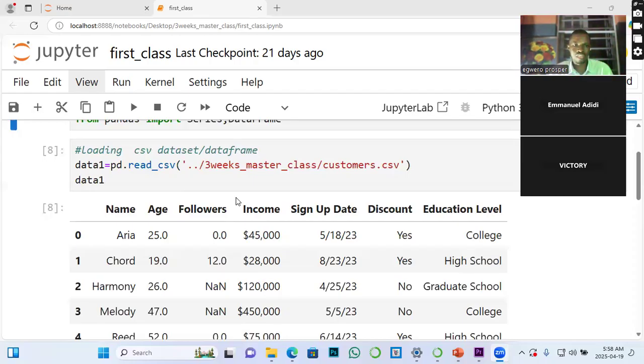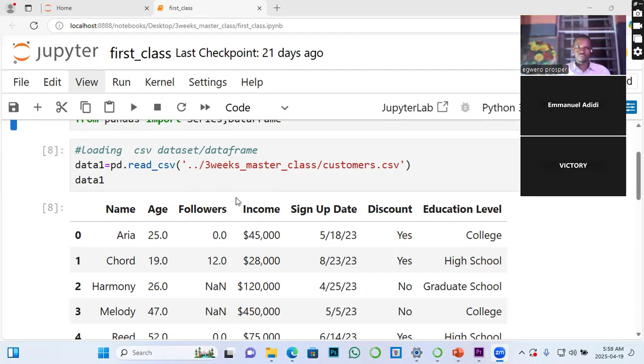So if you look at the syntax there, data1 is a variable. Remember, we have covered the variable. I told us that variables in programming are used to hold values. So in this case, we store the whole of our data frame in a variable called data1. And then equals to is an assignment operator which allows us to assign value into the variable. So what we are practically saying is that pd, which is the library,